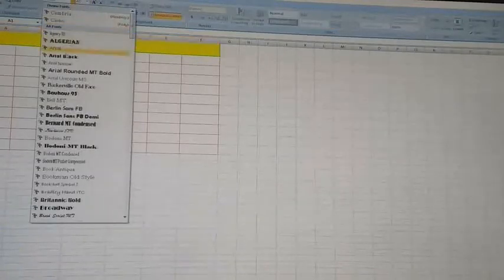Now we can use the fill color option to make it decorative. Change the size. Okay, so now we can write anything, topic name, item list.